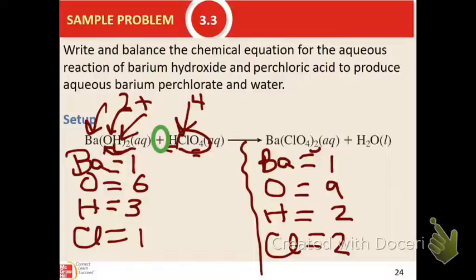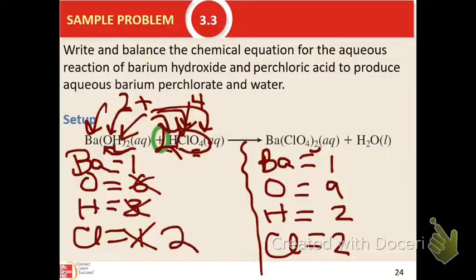What am I going to do about that? So I know I'm probably going to need a 2. I can't change a formula. Remember that. You cannot change a formula. So I know that I'm going to have to put a 2 in front of that. Please notice, though, that 2 is going to be distributed everywhere. That's going to change everything. It's going to change my chlorine, my hydrogen, and my oxygen. So now I'm going to have 2 of those